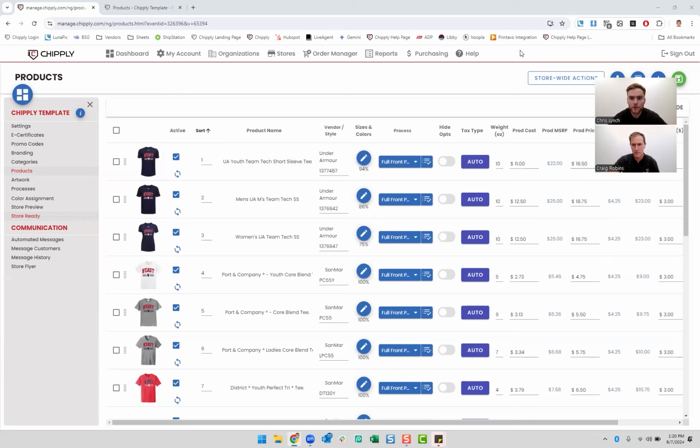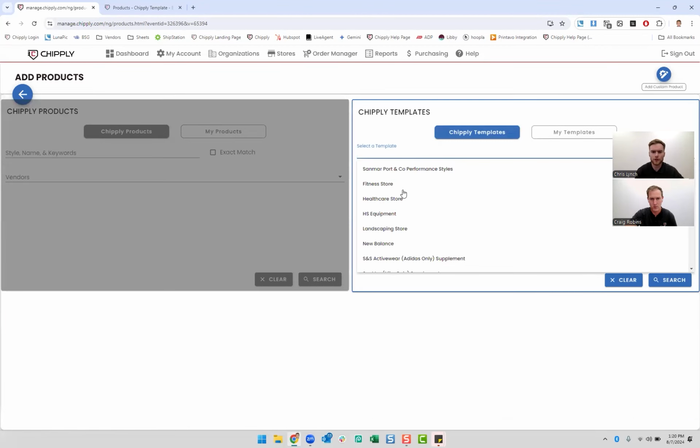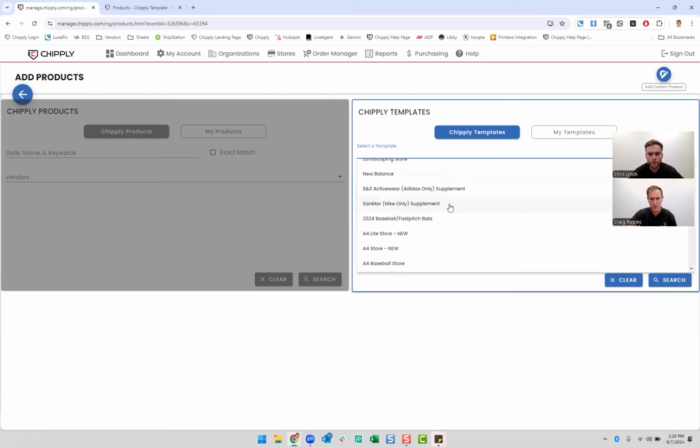Mike wants to know, can you search for ladies youth in templates? So when you're bringing in templates, I don't think you can search for them. Correct, Craig? If you go into that page, I don't think so either. So no. Sometimes I would say there are times where it might be easier to just bring the entire template in and then use the filter feature inside the products page. And then you can filter by youth and ladies. And then you can select everything, delete it. Otherwise,